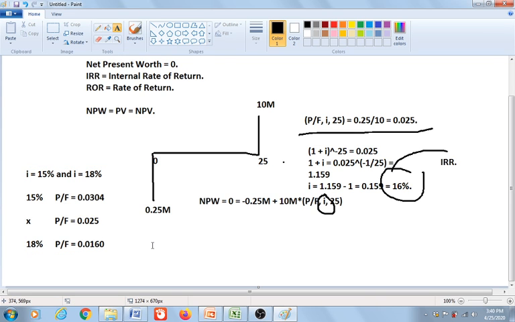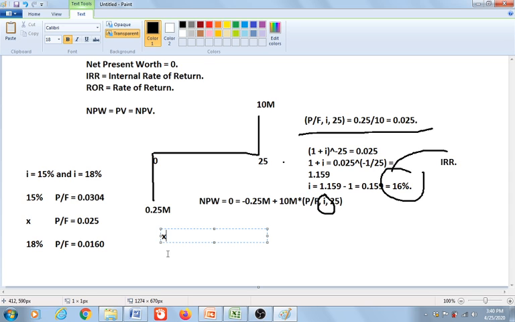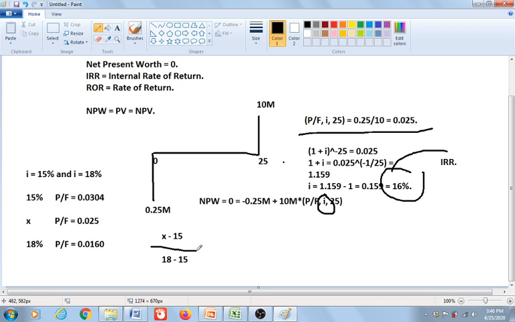Now the thing that we need to do is to do interpolation. So what we have over here will be X minus 15 over 18 minus 15, okay, so 8 minus 15 over 18 minus 15